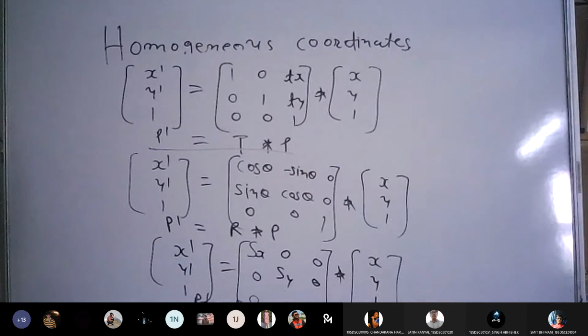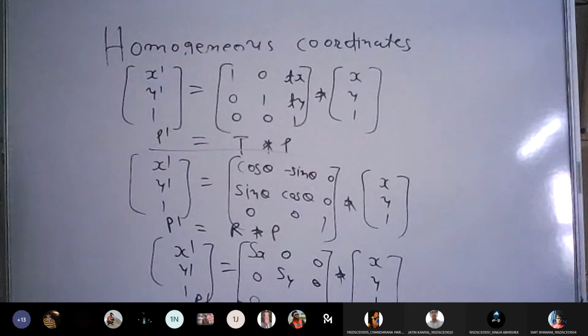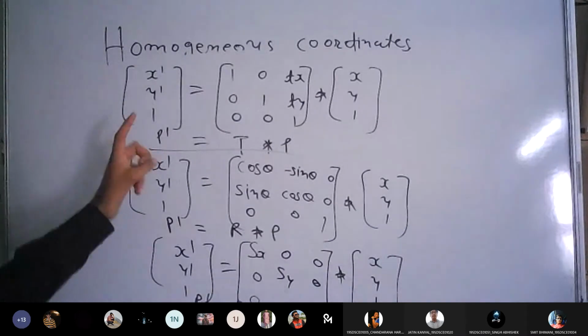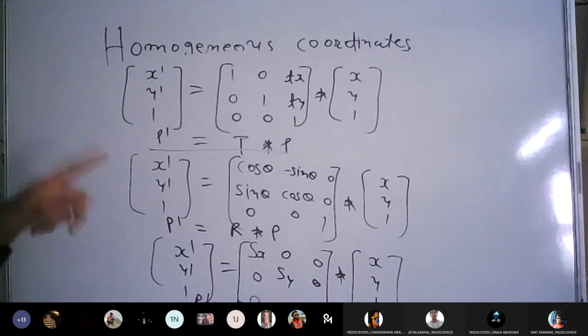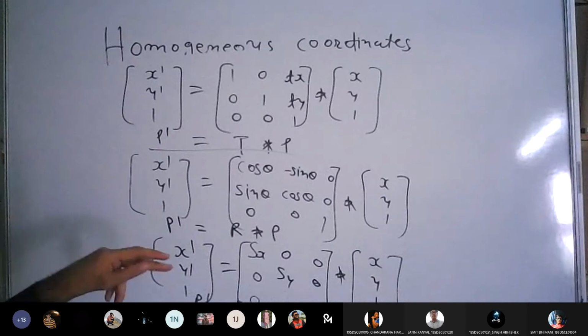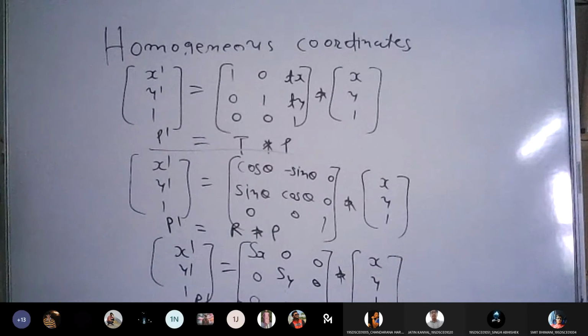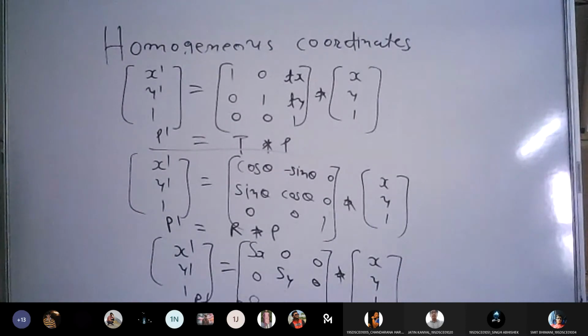How do we use this method in programming? No, in programming, we don't need to use it. See, in programming, what will we do? We will use the equations only. If I want to implement translation, then it is x' is x plus tx, y' is y plus ty. Similarly, for rotation, we will use the equations only. So for programming, we don't need the matrix form, so don't worry about that. Sir, this was only told to us for the multiplication.